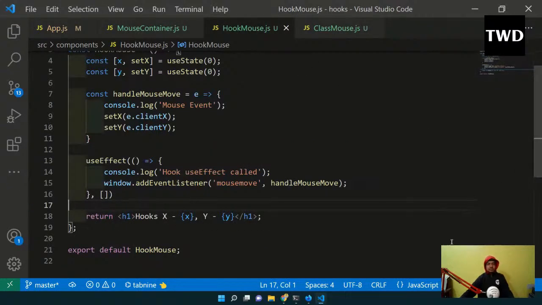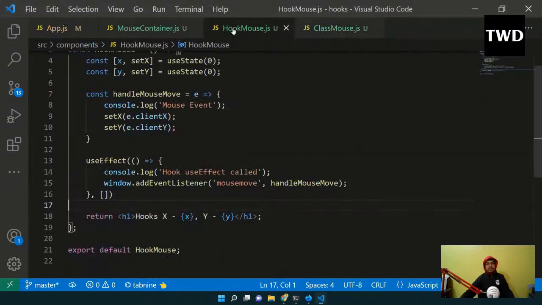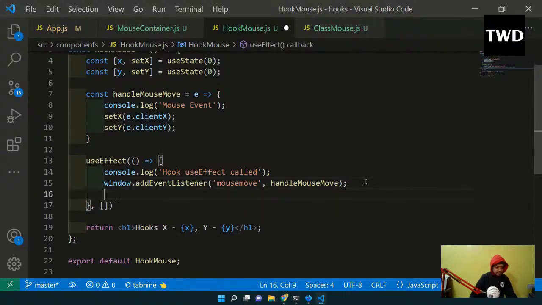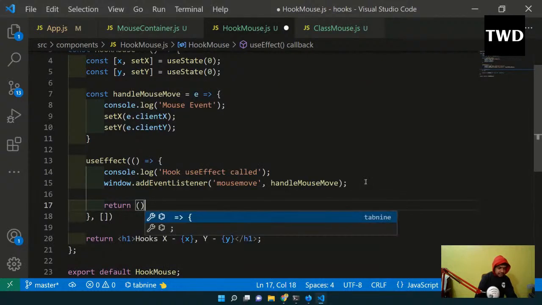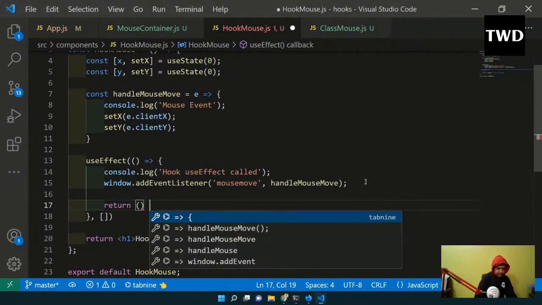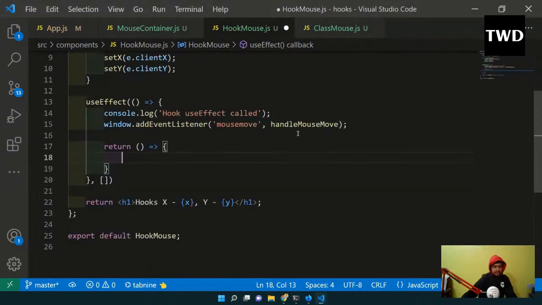but here we don't have something like this. Okay, so how to do that? How is this component will unmount is there? So actually it's not like we don't have it, but we implement it in a different way. So how do we implement that thing? Okay, so we implement that thing in a way. We have a different kind of code here. Okay, so that code is like, I have to do return here, return, and it will be doing a function call,